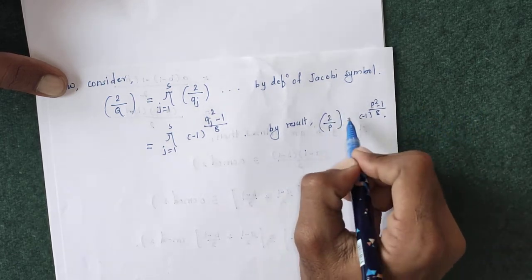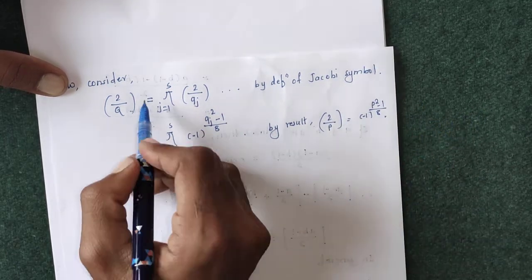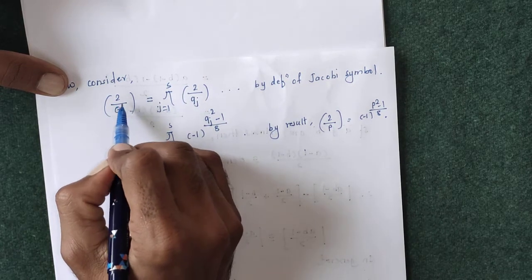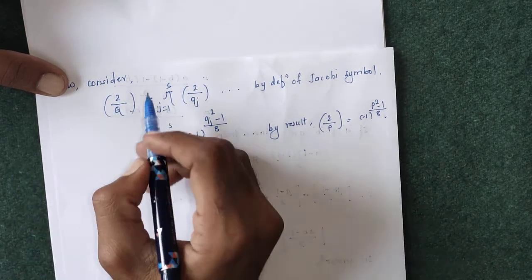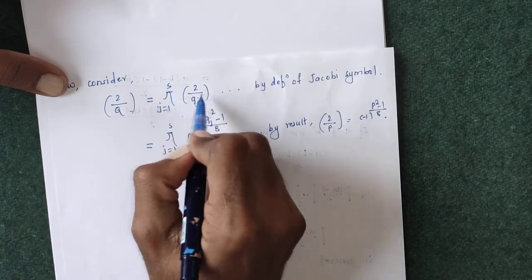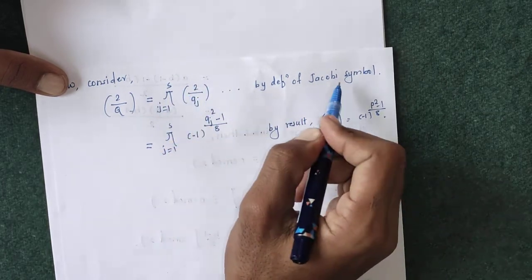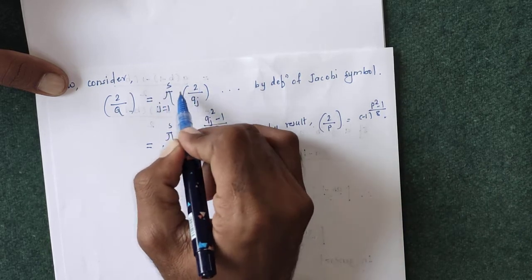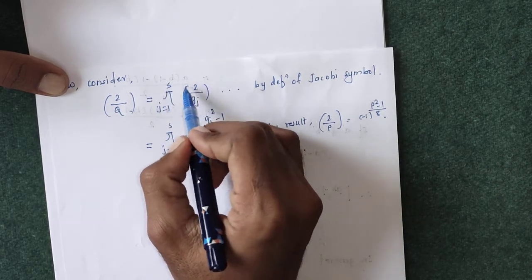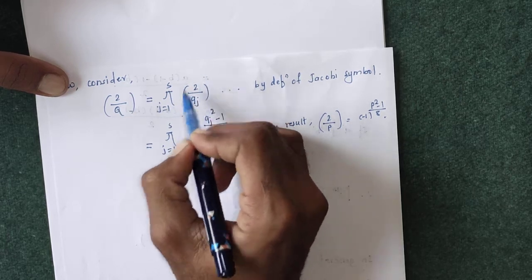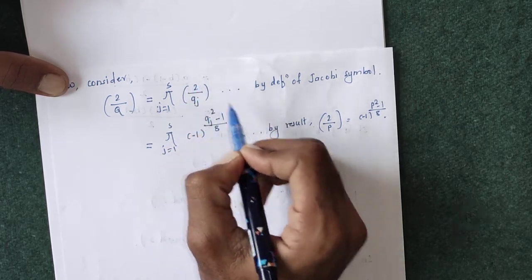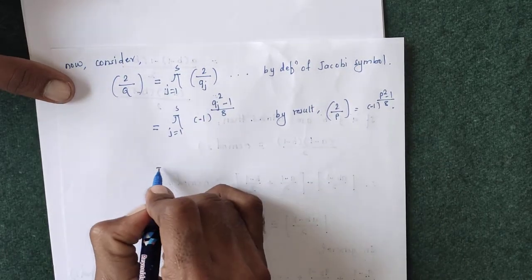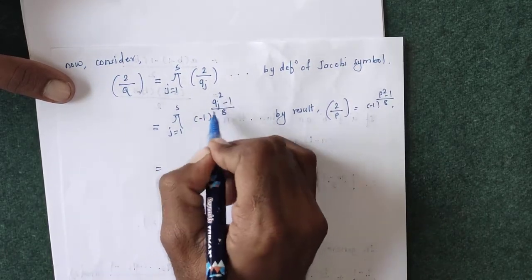Using this result of Legendre symbol, one thing must be clear in your mind: the Jacobi symbol of any number, that is the Jacobi symbol of p and q, 2 and q, x and y, is just the product of Legendre symbols. If you use the definition of Jacobi symbol, then the term after the product is a Legendre symbol, so you can use the property of Legendre symbol on this term. So, here I can use this result and write it as the product of minus 1 to some power.